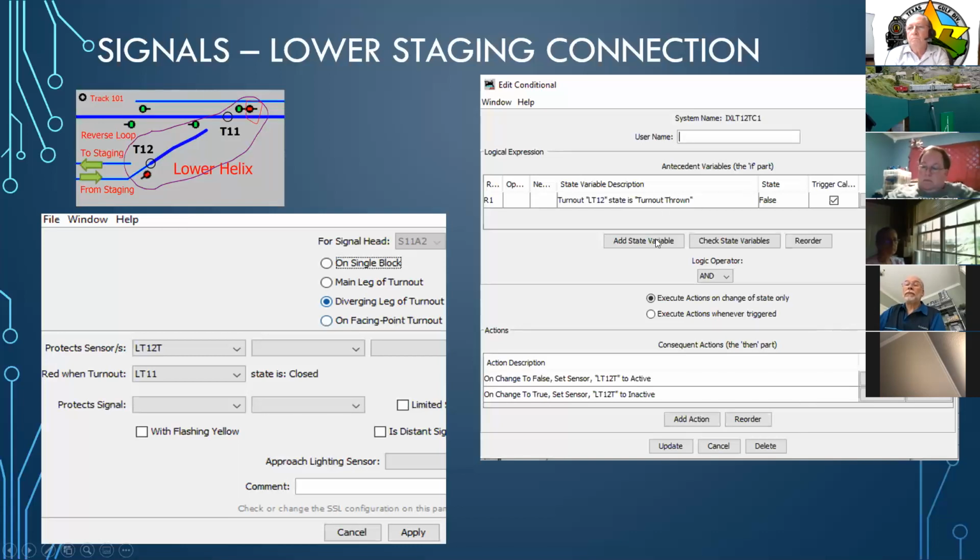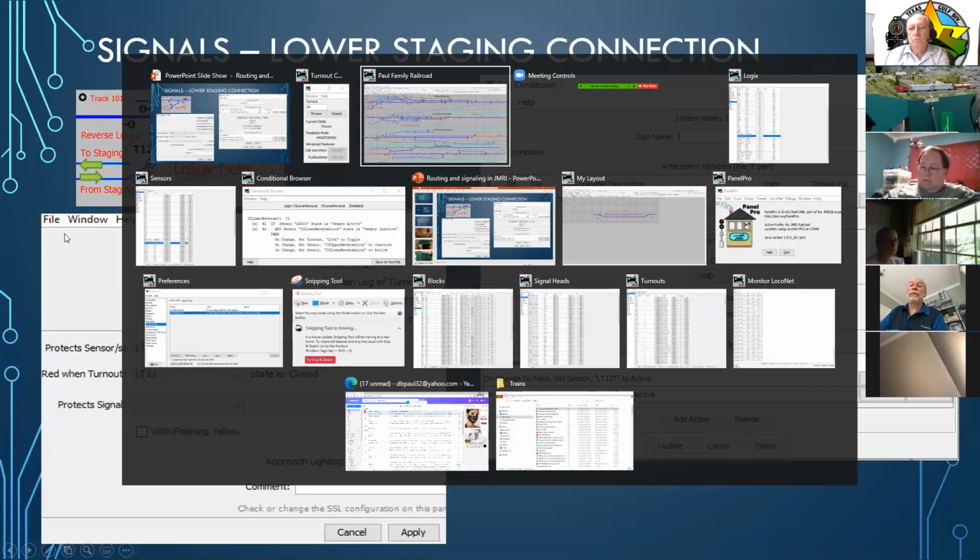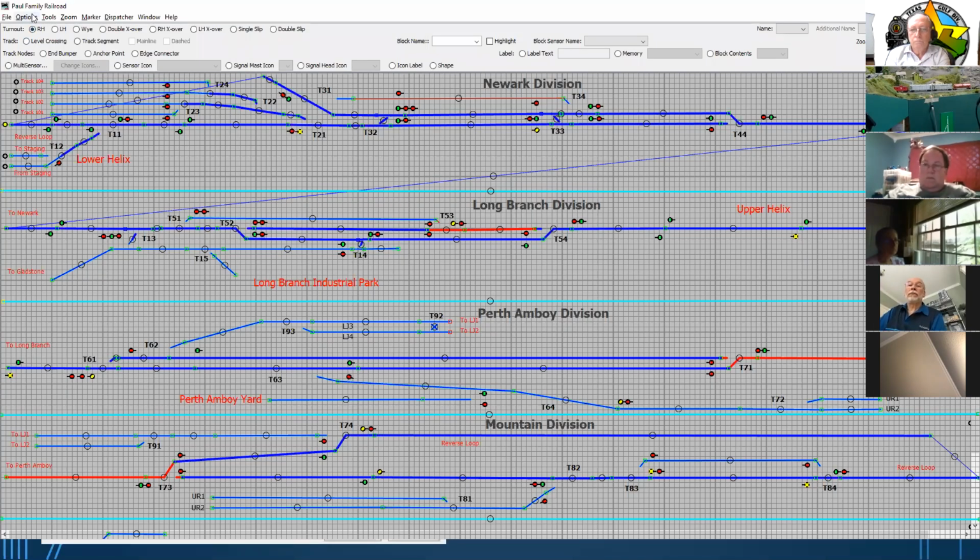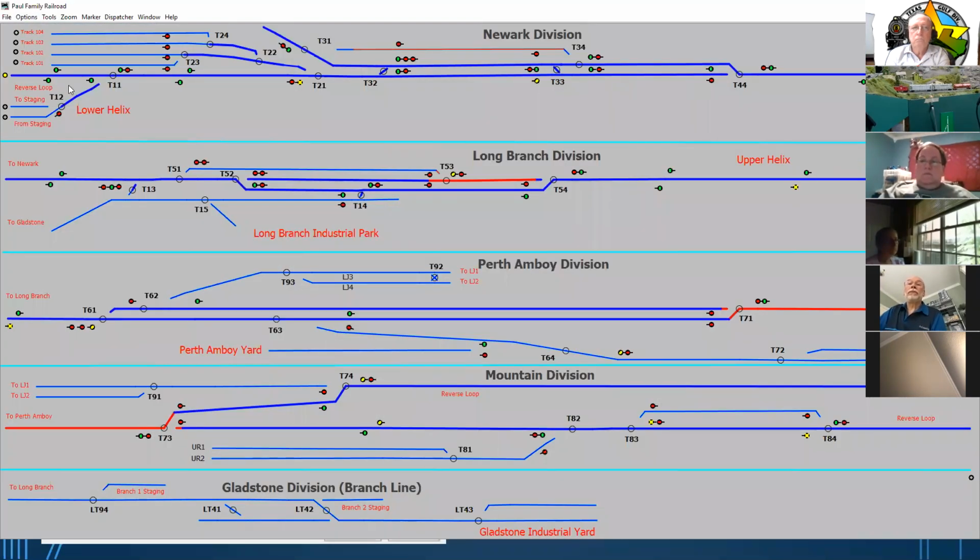It's just, when it gets thrown, it sets L12T to one thing, or if it's thrown the other way, it sets L12C to a certain value. So that's what the logic looks like. If you go to the layout diagram on here, you can see it right here. So right now it's like you see in the diagram, but if I throw this turnout,